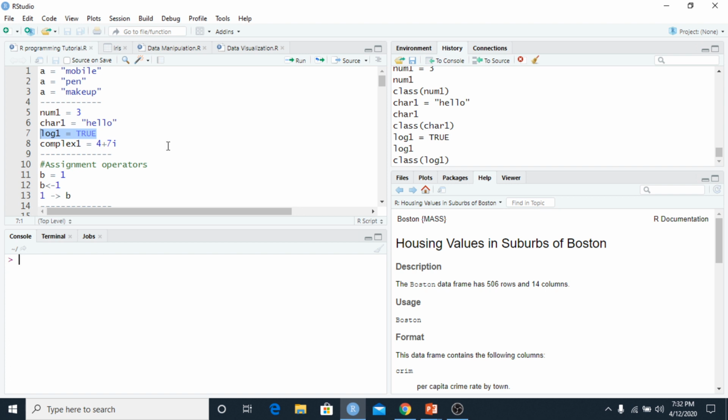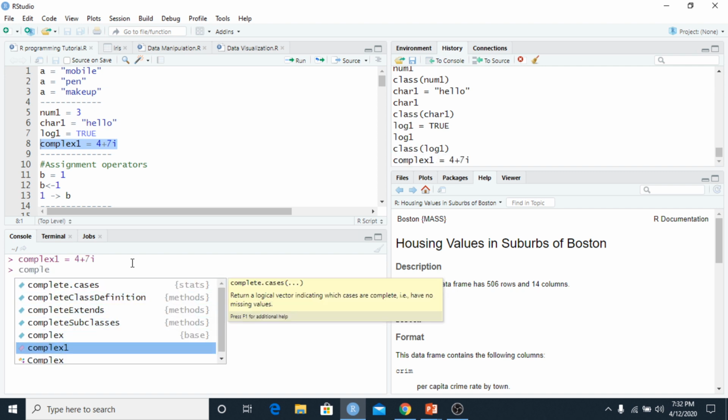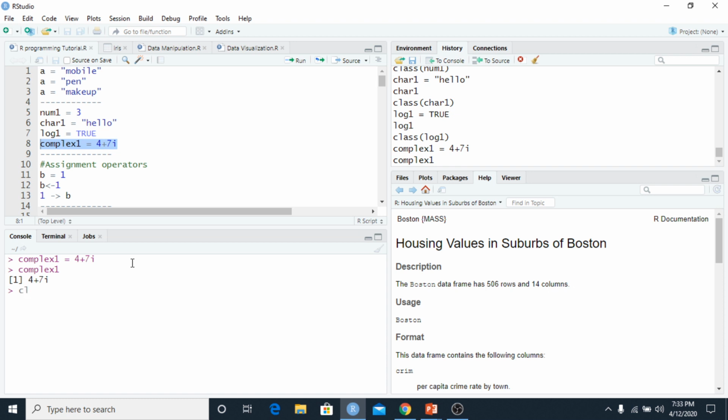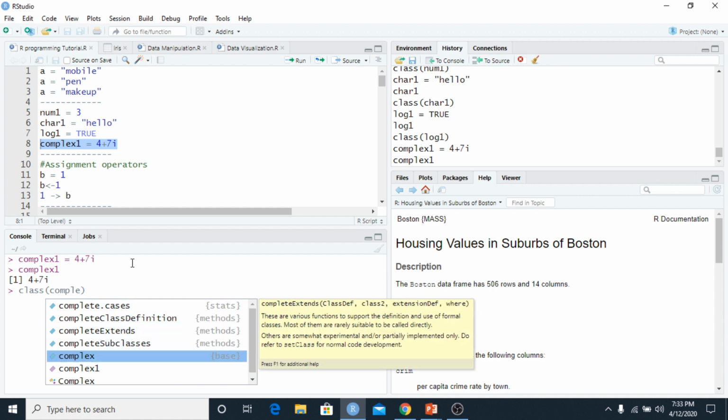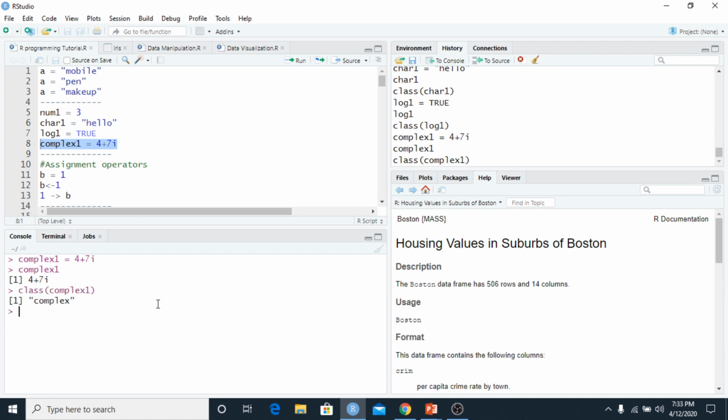Now similarly let me go ahead and store a complex value into this. This time I am storing 4 + 7i in complex1. Let me print this out. So I've got complex1 over here. I'll also check the type of this. So class of complex1 and as you see, this is of complex type. Right, so this is how we can create variables and this is how we can assign different types of data